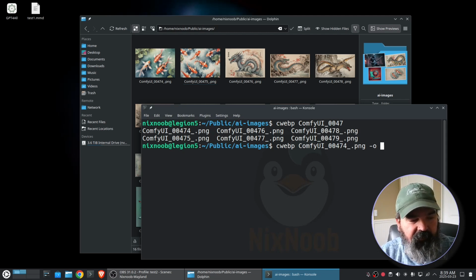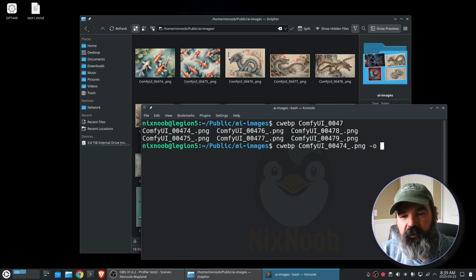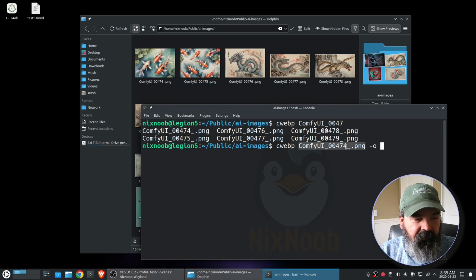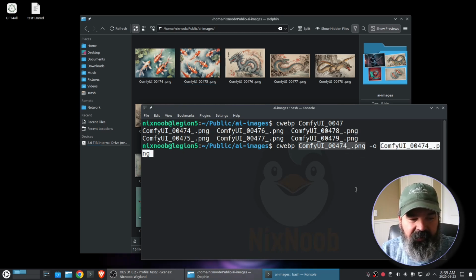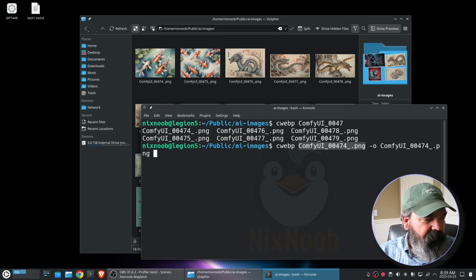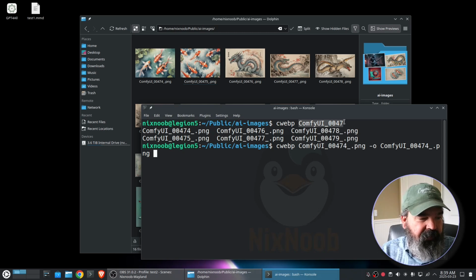So it's cwebp, the path to the file or the name of the file if you're in the current directory, and then -o for where you want the output to be. In a terminal in KDE, you can just select text and then middle mouse, and it'll paste whatever text is selected. So not that I want to put this here again, but if I come up anywhere and select text and then middle mouse, it's going to paste that into where the current cursor position is in the terminal,